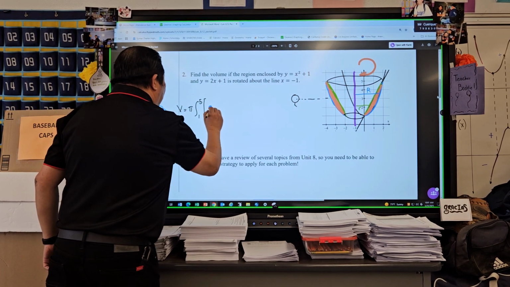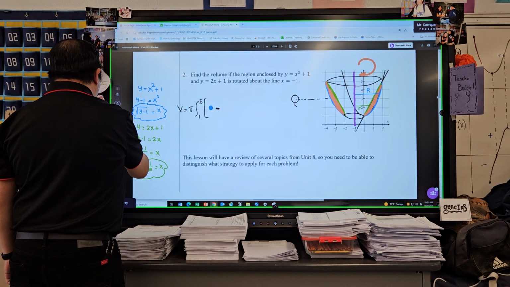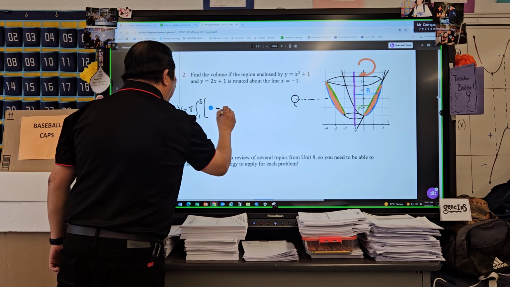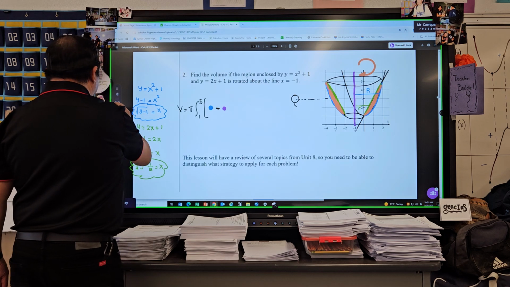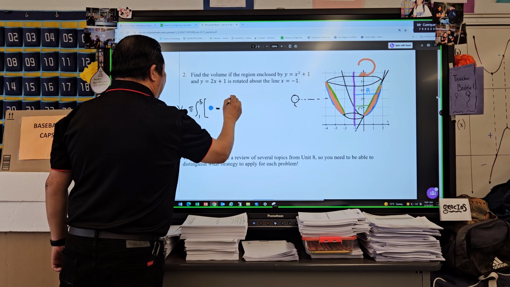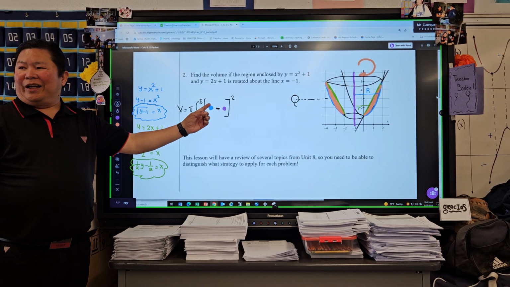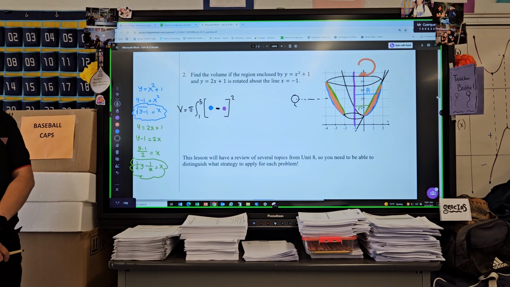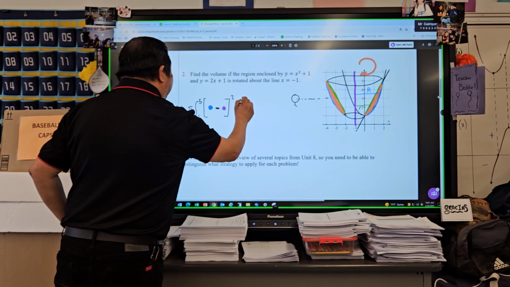The blue minus the purple. Make sense, guys? Okay, and then square. So your guide is the color. You get me? And next, minus